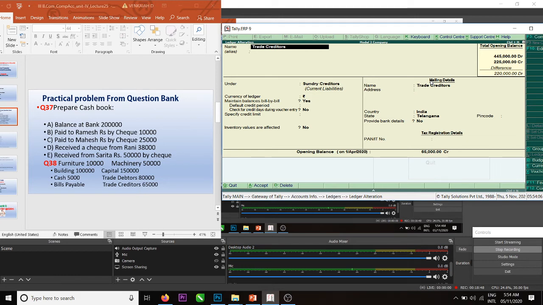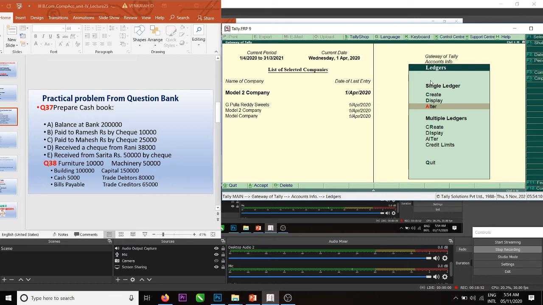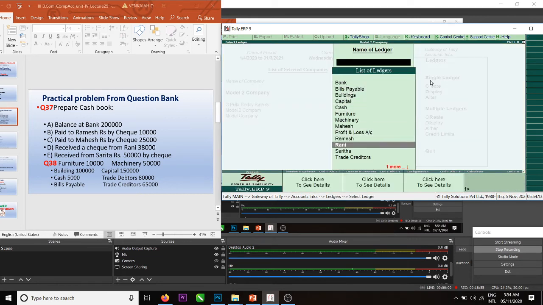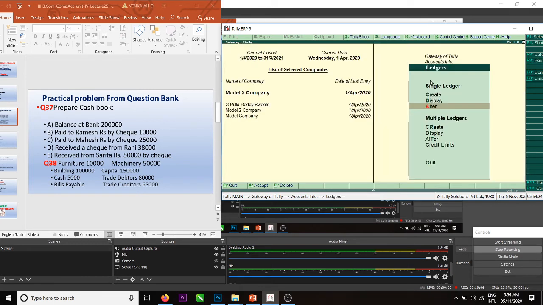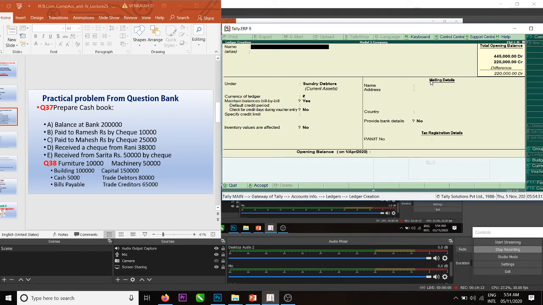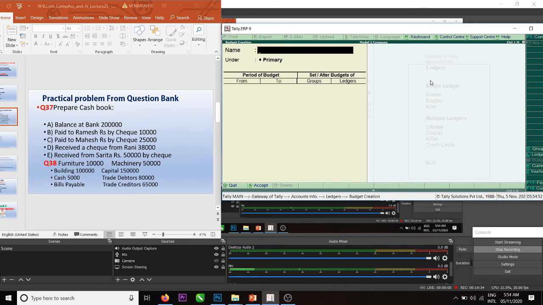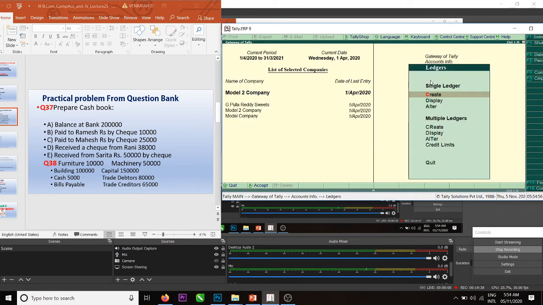Control B. Right. So I would like to create external budget.